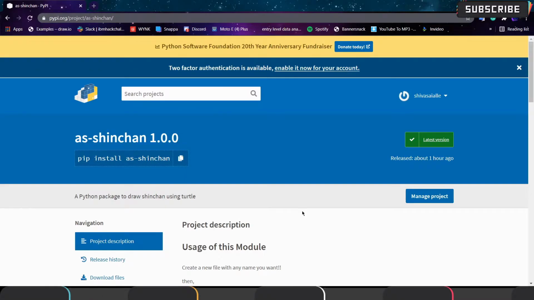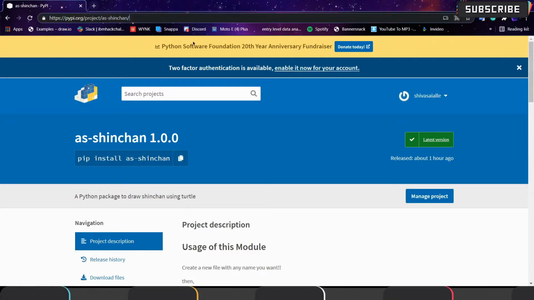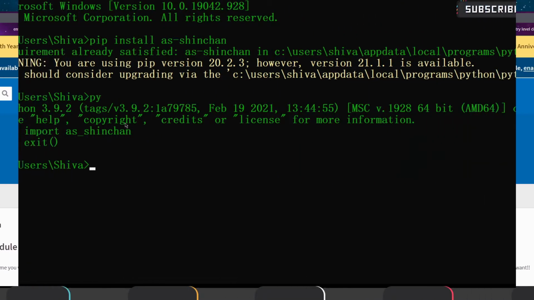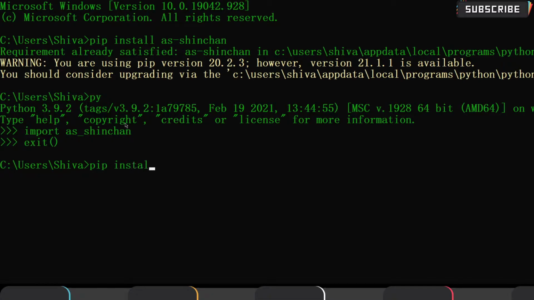You don't need to go to the website here. You can directly type pip install as-Shinchan in the command prompt, and directly it will come. Let me show you again once. Directly you can type pip install as-Shinchan.